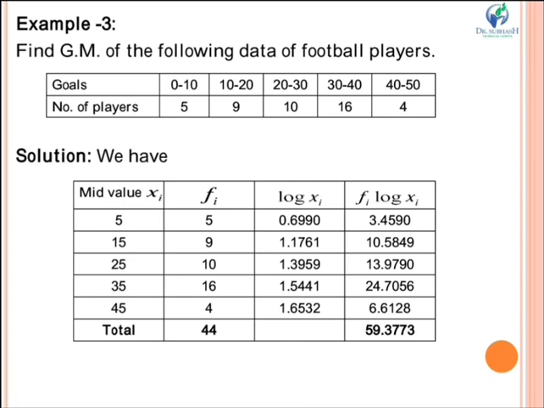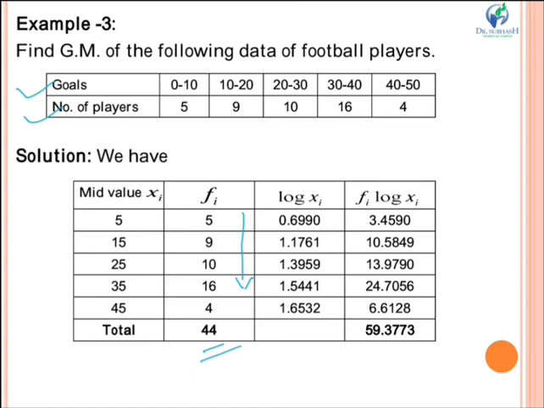Now next example is, when class interval is given to us. Here the same formula is used which we have used in example 2. Just we need to add one column, that is the column of xi. Class intervals are given to us, that is goals, and number of pairs are also given to us. So those are our fi. We find its total, which is capital N, that is equal to 44.